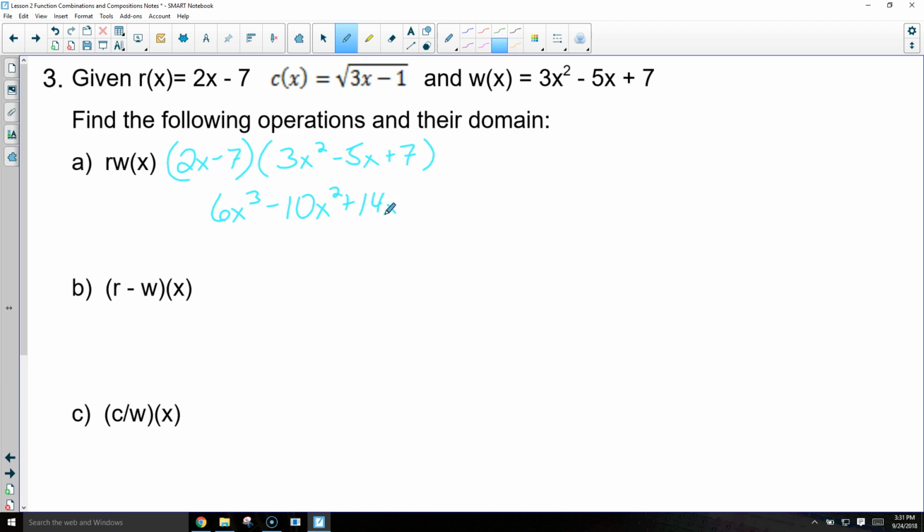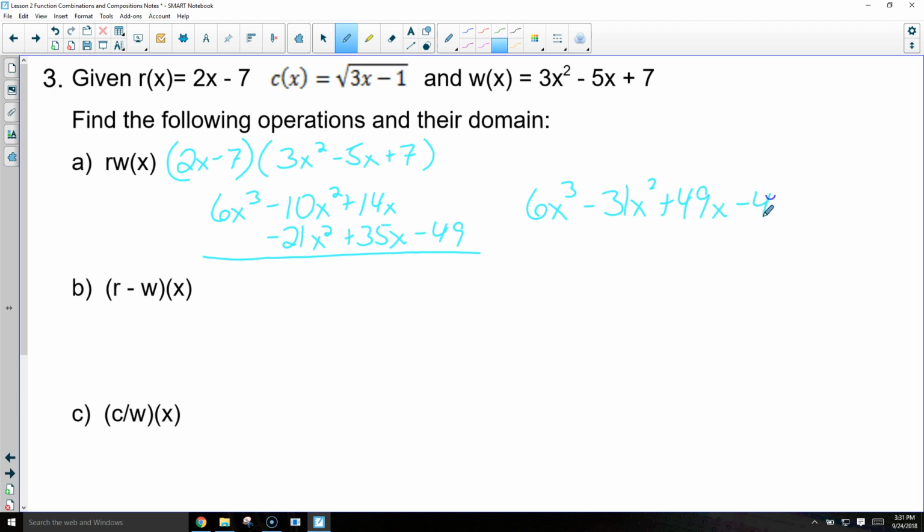And now I need to distribute the negative 7, so that's minus 21x squared plus 35x minus 49. So then combining like terms, I would end up with 6x cubed minus 31x squared plus 49x